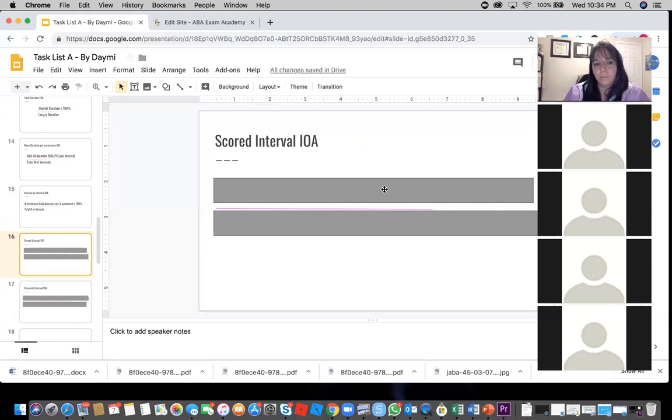Scored is where you take the number where it was agreed upon that the behavior occurred, over the total number. So for the top part, it's going to be any interval where there was an occurrence observed, even if it wasn't by both observers, and then you divide that by the number of intervals where both observers agreed upon it. Wait, that's flipped, right? I thought both recording was on top, and the number on the bottom was as long as one of them said it occurred. On the top, it's going to be where one of them said it occurred. On the bottom, it's going to be